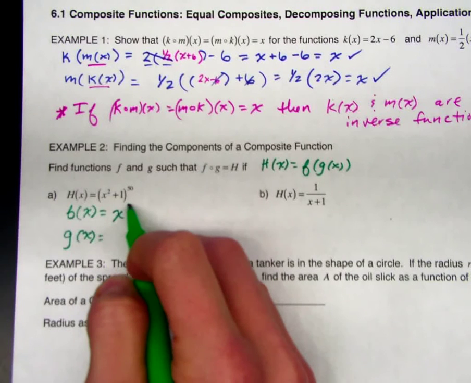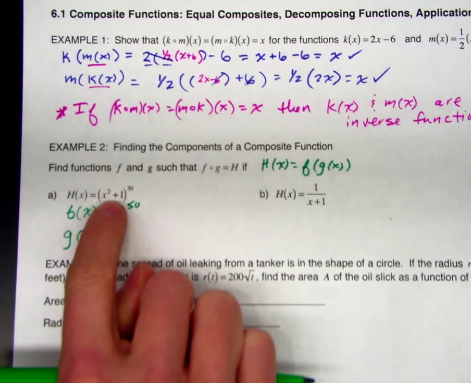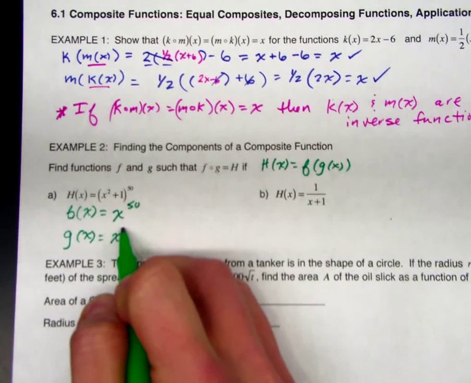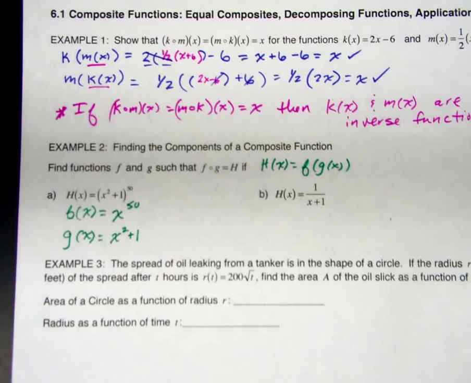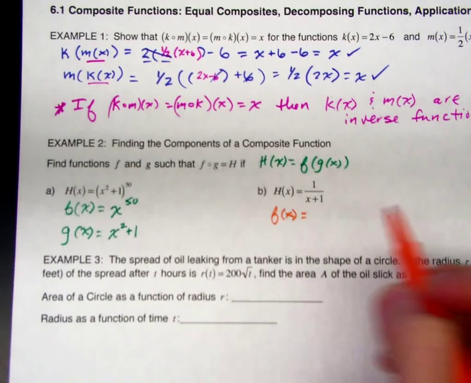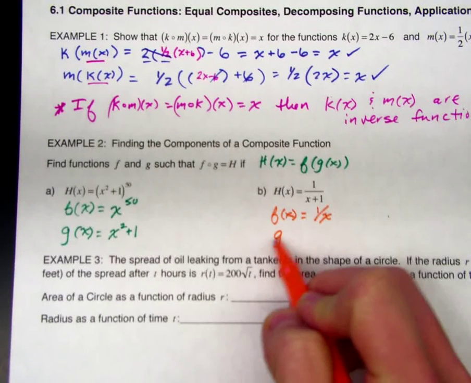Yes. Totally. X to the 50th. Keep it simple. X to the 50th. And then what would we have to plug into that x to get this identical problem for h of x? X squared plus 1. Okay? And then over here, what is our f of x going to have to be? 1 over x. And then that makes g of x